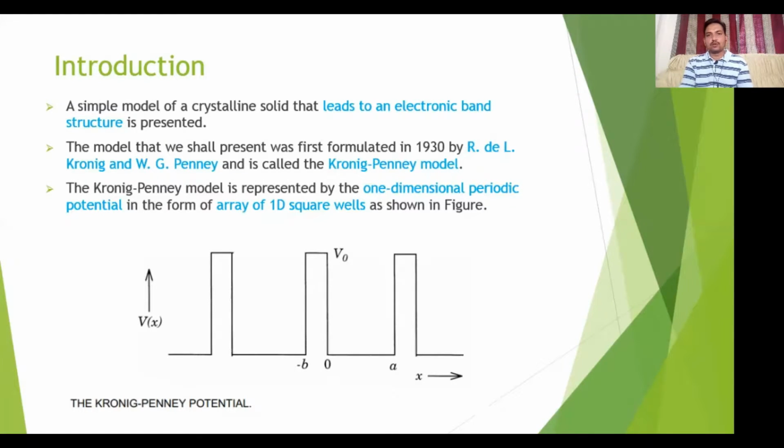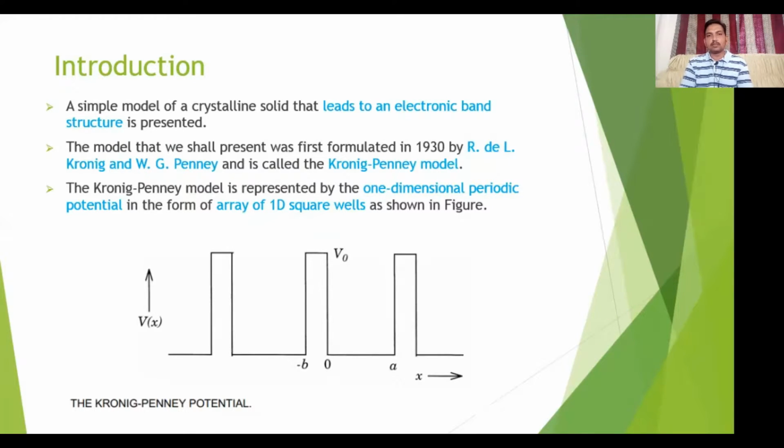So the information about the potential is still very minor. We want to explore what type of potential that is, which is periodic. But what is the actual nature? What is the shape of the potential wells, if there exist some potential wells? This information is provided by a model called the Kronig-Penney model.